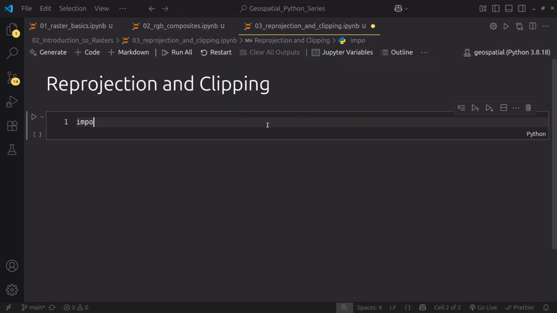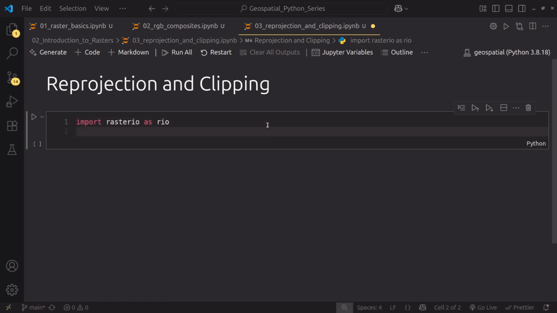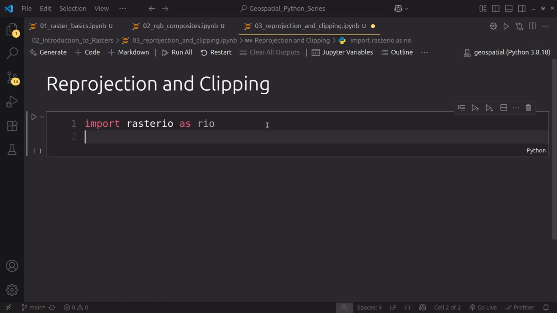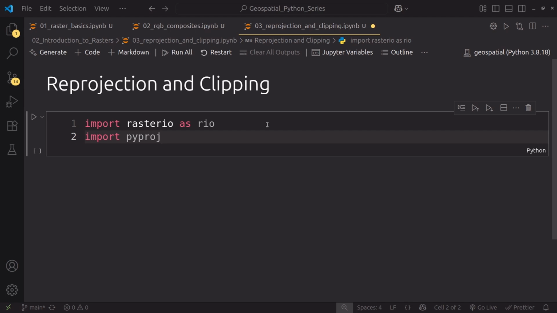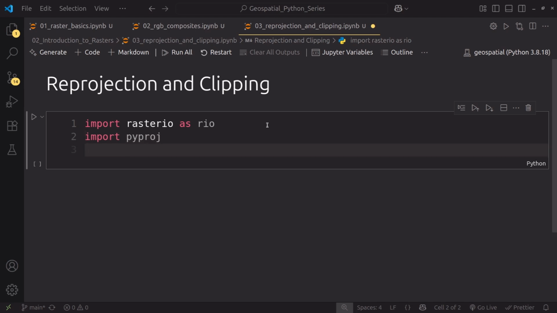Here we have import, and then you can say Rasterio, still not working. As real, but no problem, we can proceed without it. And here I also want to import PyProj. Okay, now it's back. We use it for the projection because we are doing reprojection, of course. And then